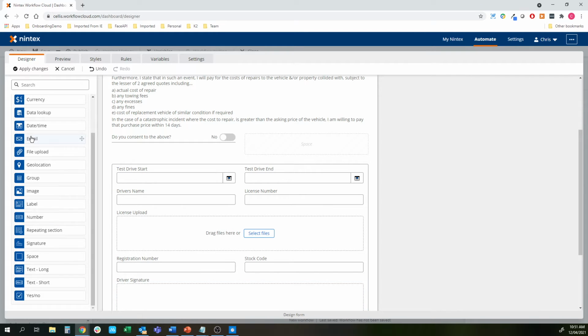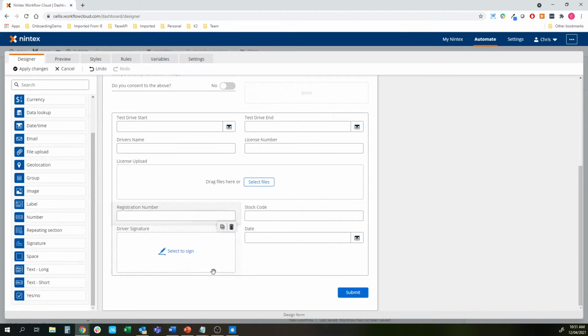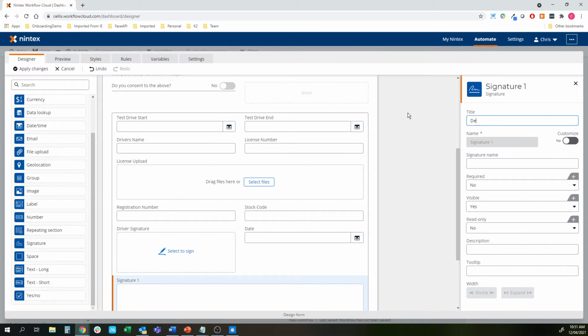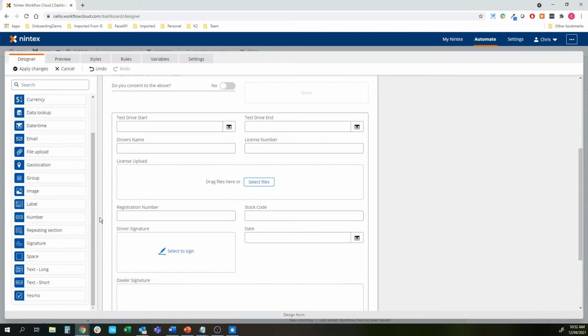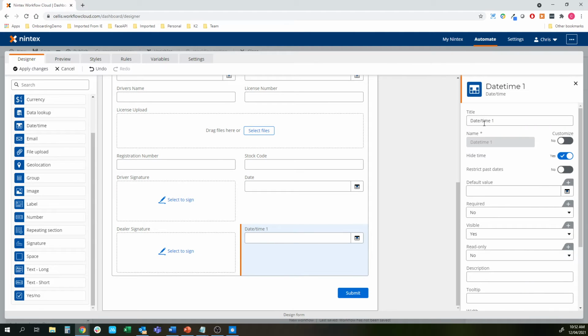And we'll put a date in there. And we have got our dealer signature or salesperson or whatever. So we'll go dealer signature and a date. Okay, oh,